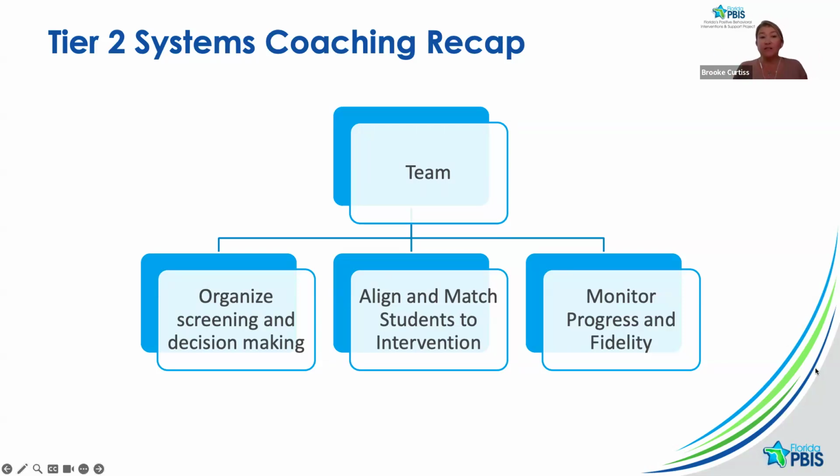So hopefully you've joined us for each of the TA chats within this coaching series. Our goal with this coaching series was really thinking through this as that tier 2 systems team and what the role of the team was around the organization and process around screening and decision making. Then again, what was the role of that team for aligning and matching your students to the interventions based on the resources that you have available? And then in today's chat, what was the role of that team in helping with selecting those progress monitoring tools and then using those tools to make decisions,